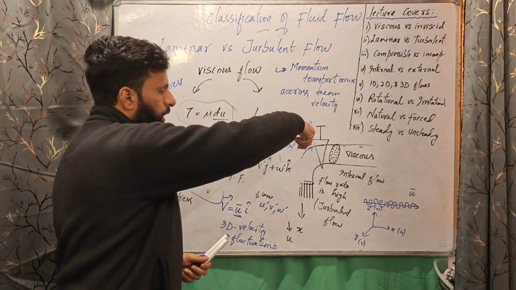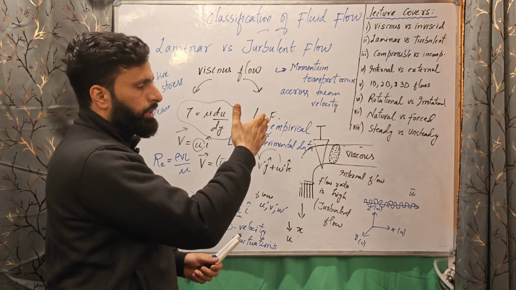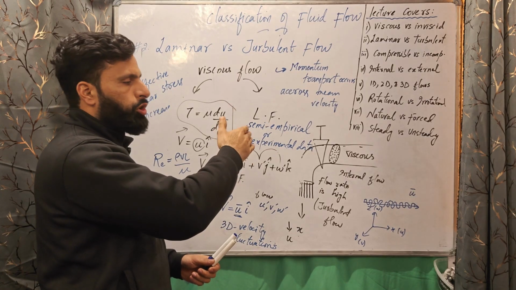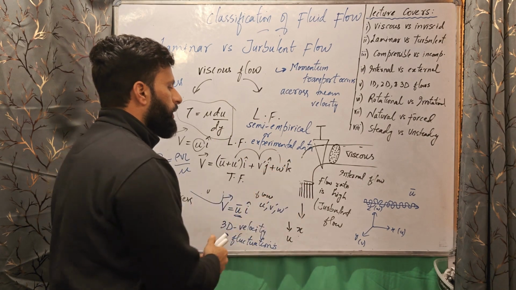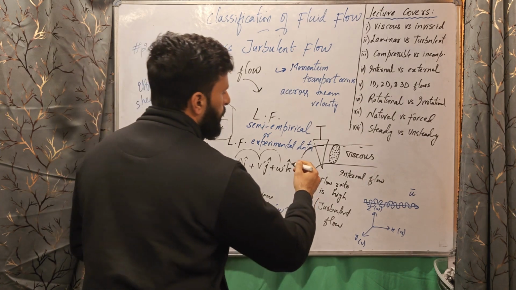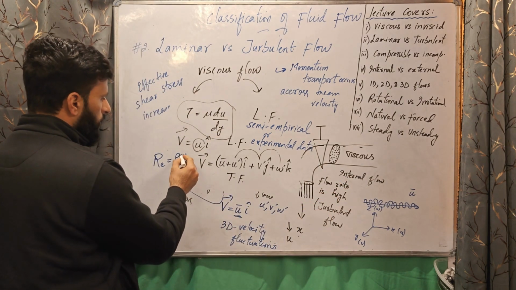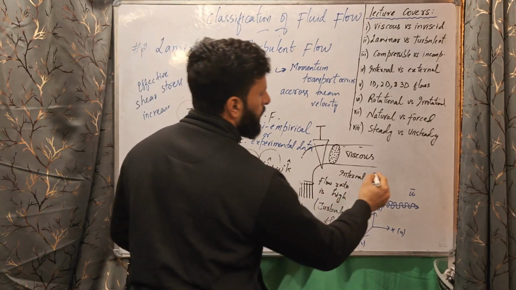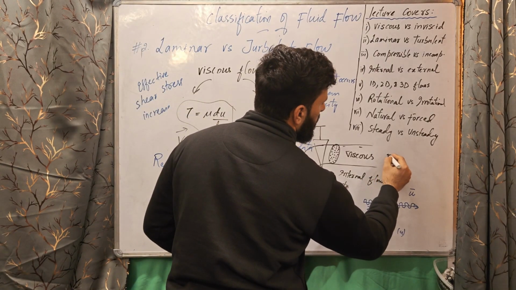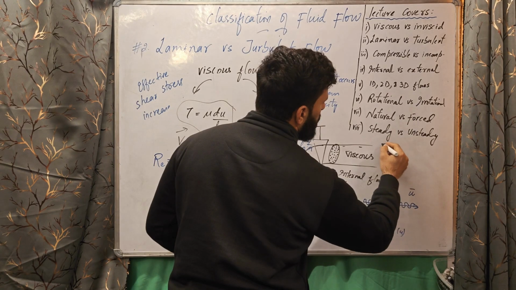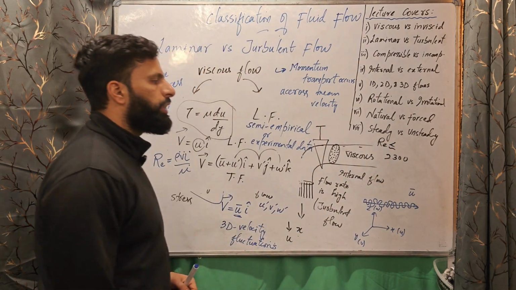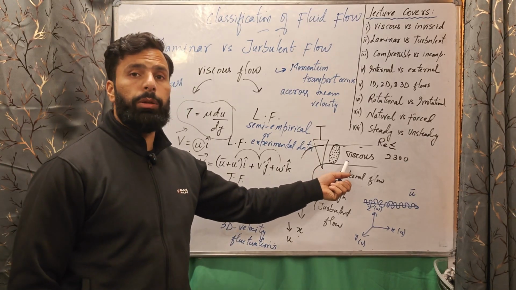If we keep it at the borderline above which the flow becomes turbulent and below which the flow is laminar, and calculate the Reynolds number, it is 2300. So if the Reynolds number is less than or approximately equal to 2300 in case of internal flow in pipes,